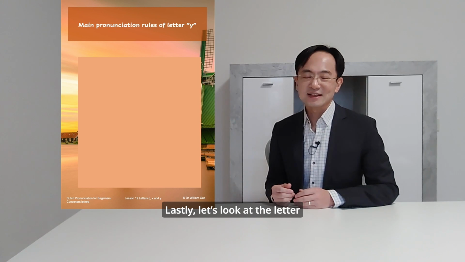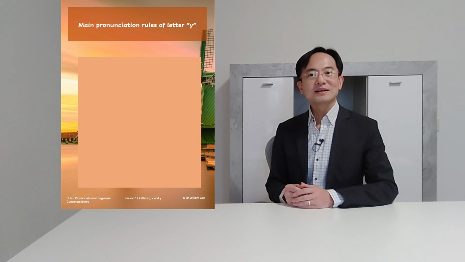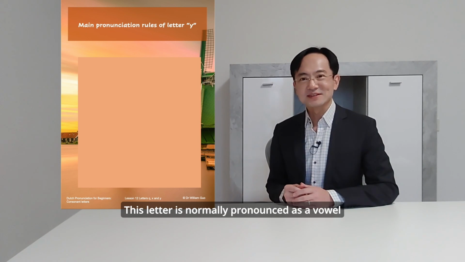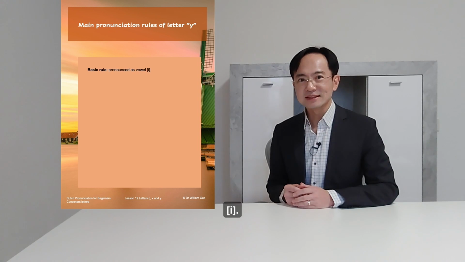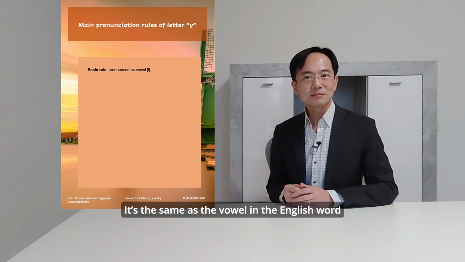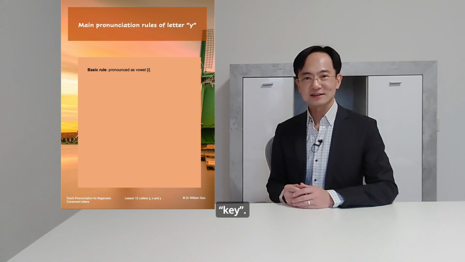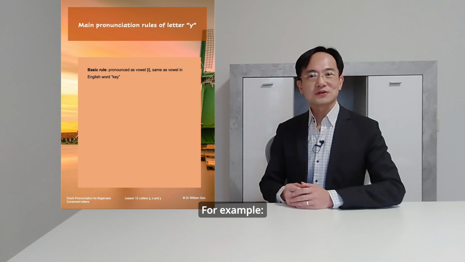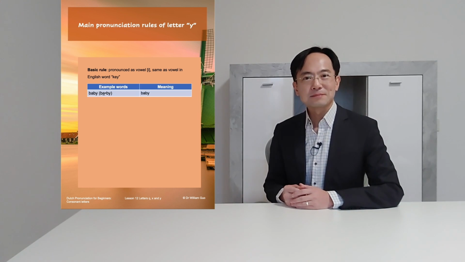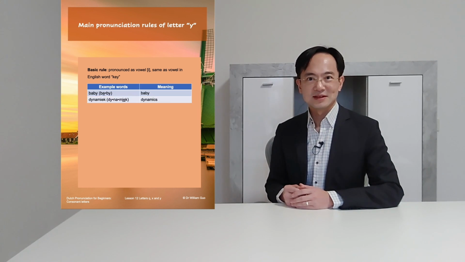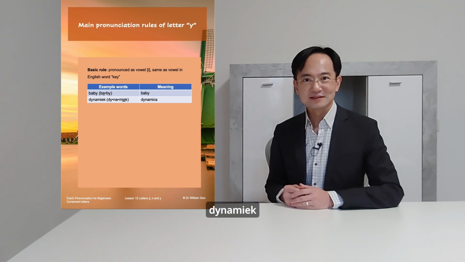Lastly, let's look at the letter Y. This letter is normally pronounced as a vowel I. It's the same as the vowel in the English word key. For example, baby, dynamique,